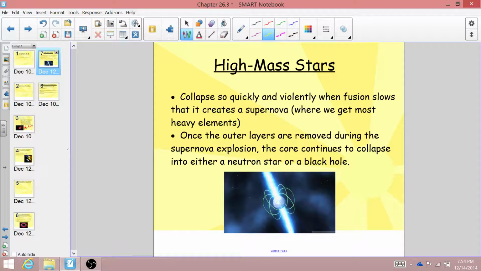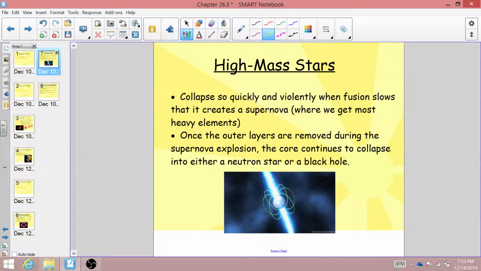Now, the high mass stars are the really exciting ones when they die. They do expand, and they expand to become supergiants, but it turns out that they use fusion to make these really, really heavy elements, up to the elements like iron. And that really, really hot fusion makes the mass of the star get used up very, very quickly. It turns out that really large stars, high mass stars, die a lot faster than the small ones because they burn through their own fuel more quickly.